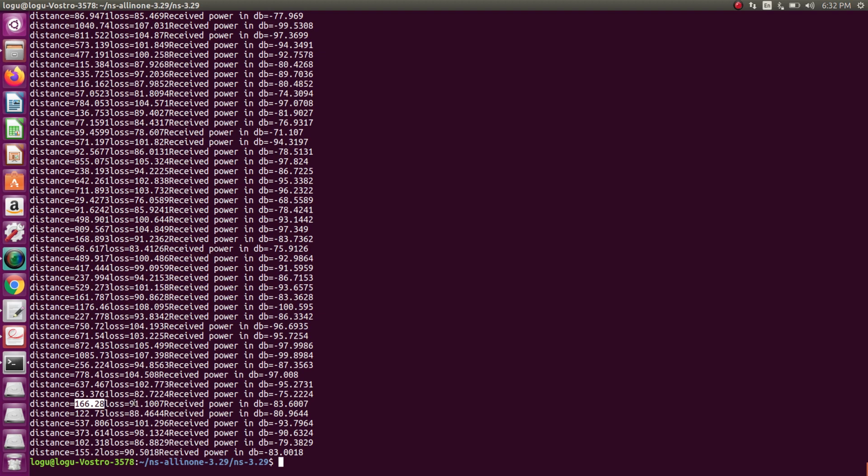The loss will be 91.1007 decibels. Then the received power will be 83.6007 decibels, because we already have a transmission power of 7.5 decibels. So this is your loss, and this is your received power.